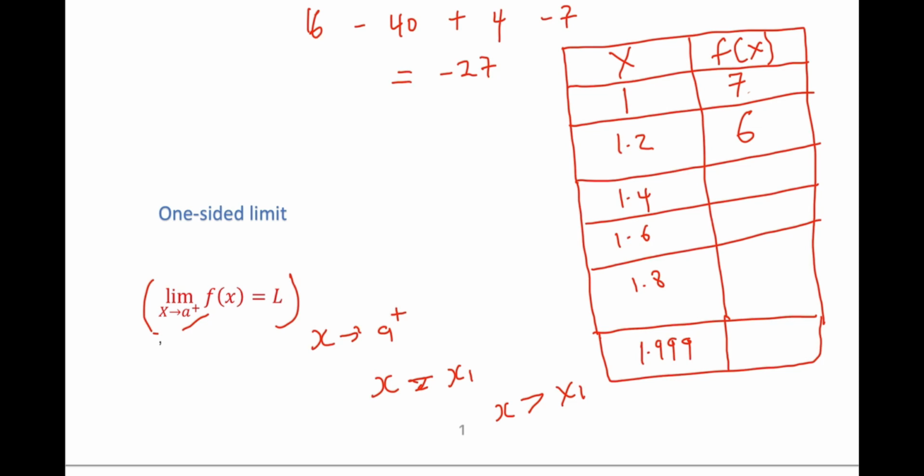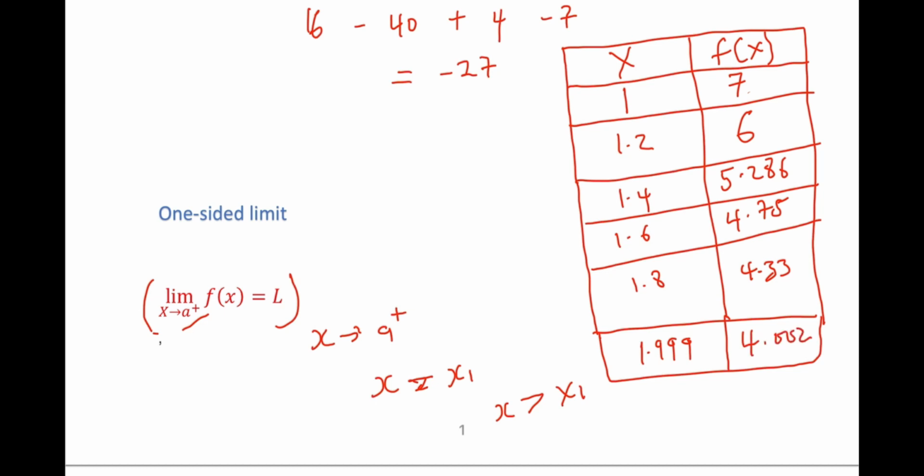At x equal to 1.4, the function value becomes 5.286. And then at x equal to 1.6, the function value becomes 4.75. At x equal to 1.8, the function value is 4.33. And then at x equal to 1.999, the function value becomes